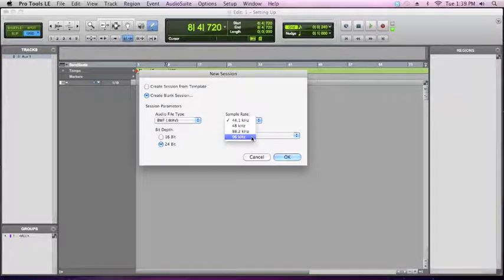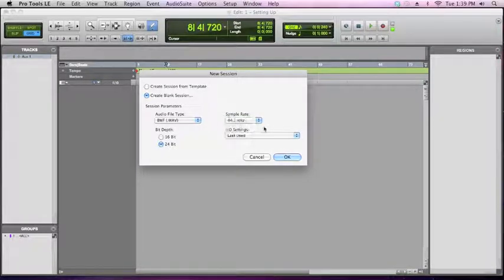And I've done test after test and seen other professionals do test after test, and personally, I don't see any reason to go anything higher than 44.1. I record and mix at 24-bit 44.1 all day long, every day, with great results, and many other people do. So it's a personal decision, and you'll have to test it out, but I think you'll be fine with 44.1